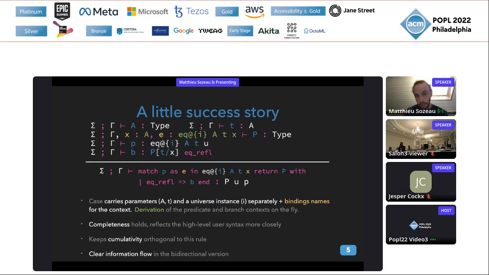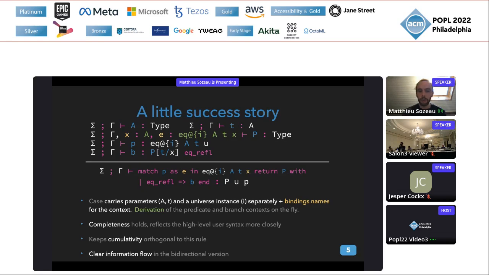It also carries binding names, so the X and E that we use to construct the return type. So these are just names; they don't really matter for the calculus. It's just a way to refer to the binders. So the representation is actually using the de Bruijn indices. And in the new representation, we must now derive the